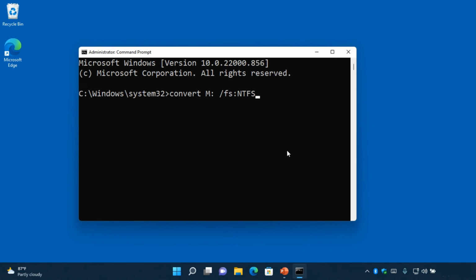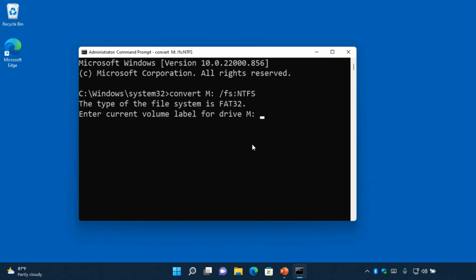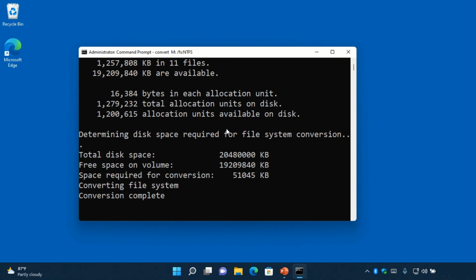Now let me press enter. As a confirmation, it asked me to type the volume label. So the volume label for this is Microsoft. So let me just type Microsoft and press enter. Excellent. So what happened now? It converted my partition Microsoft or M to NTFS without losing my files, and it's telling me that conversion is complete. So if I go to File Explorer